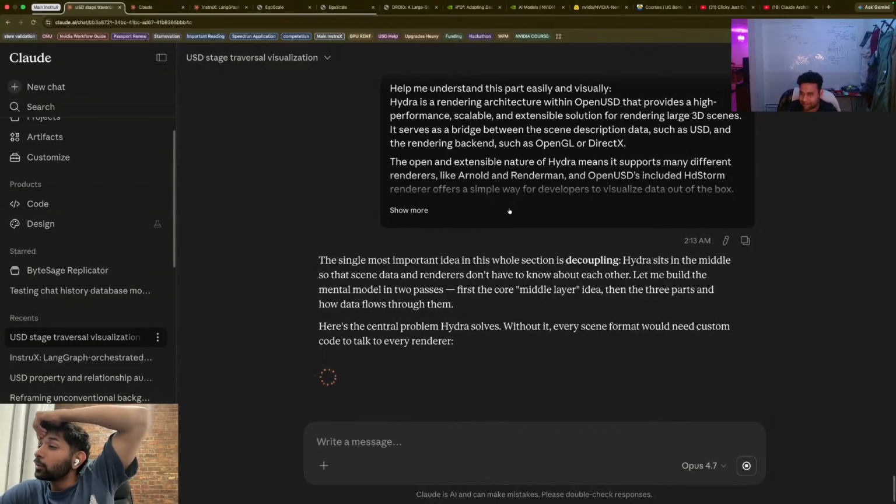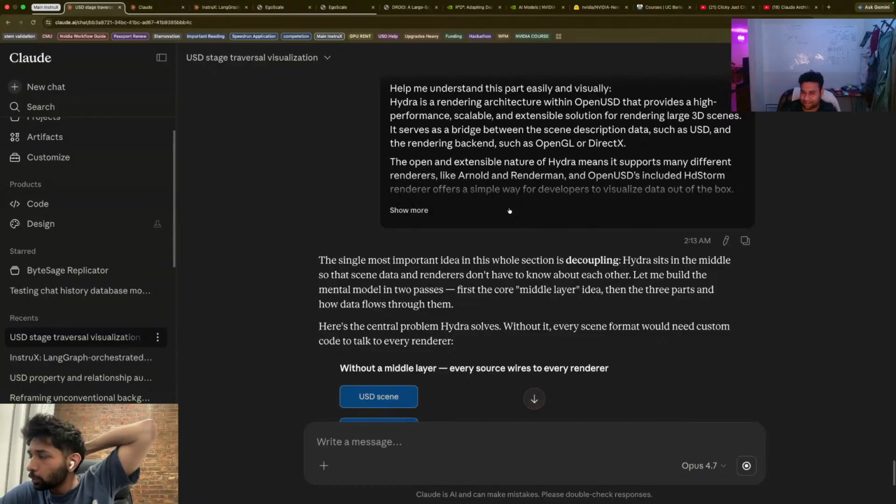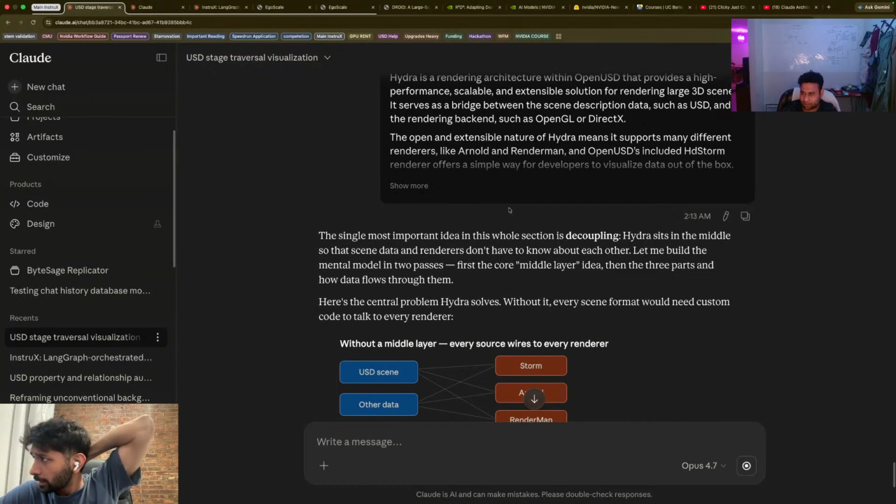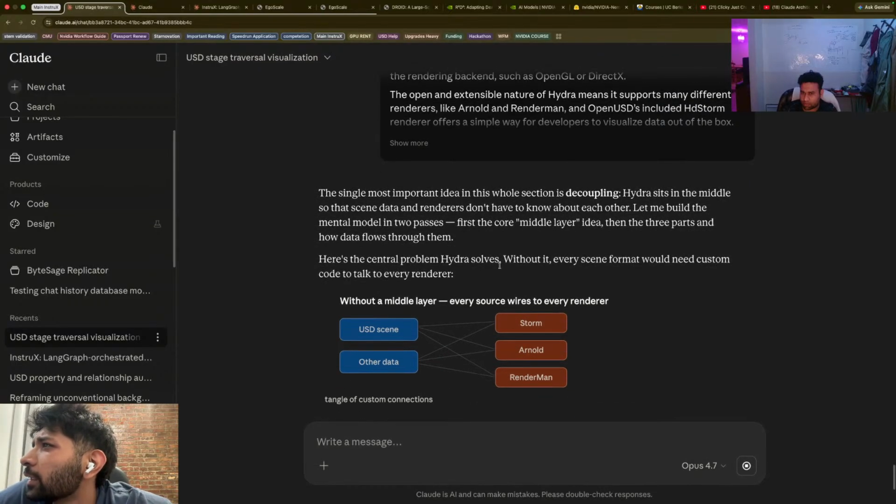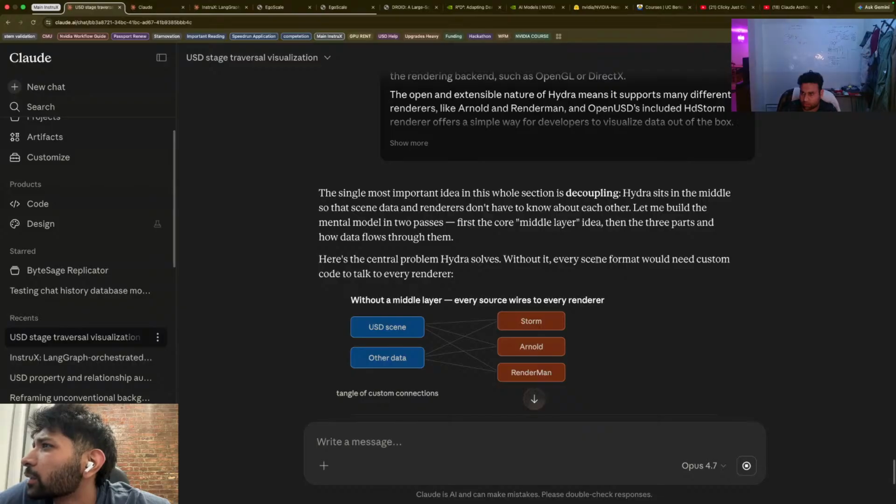Hydra sits in the middle so that scene data and renderers don't have to know about each other. Let me build the mental model in two passes. First the core middle layer idea, then the three parts and how data flows through them. Here is the central problem Hydra solves. Without it, every scene format would need custom code to